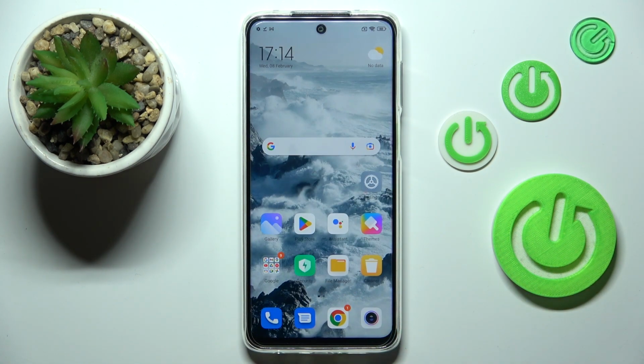So basically that's all. This is how to show battery percentage on the status bar in your Redmi Note 10